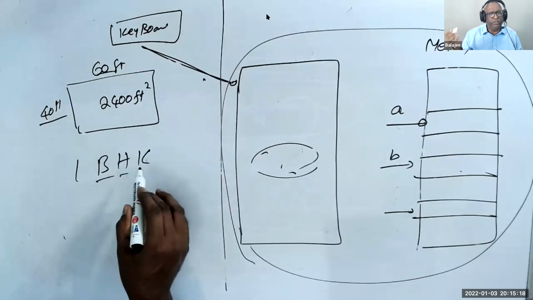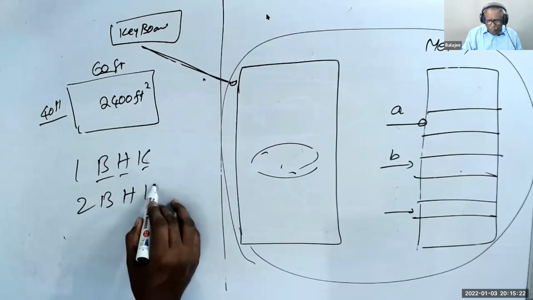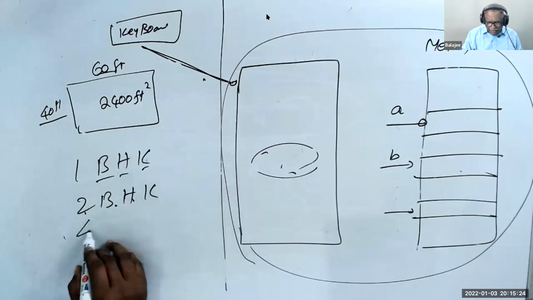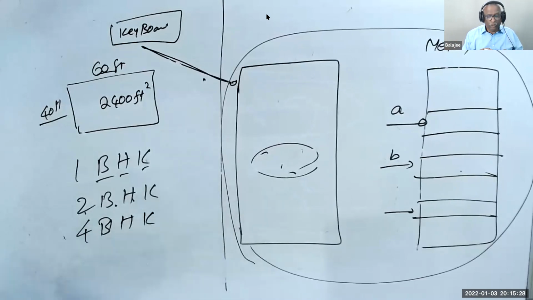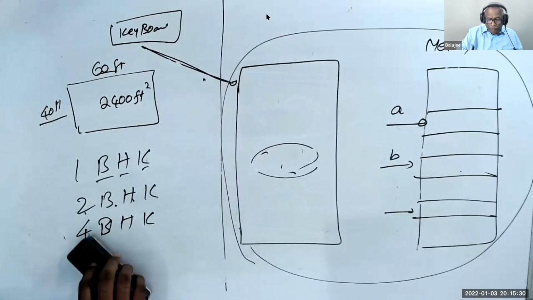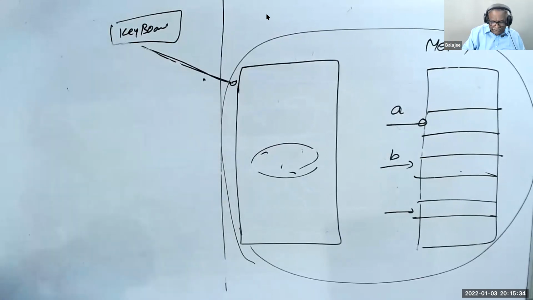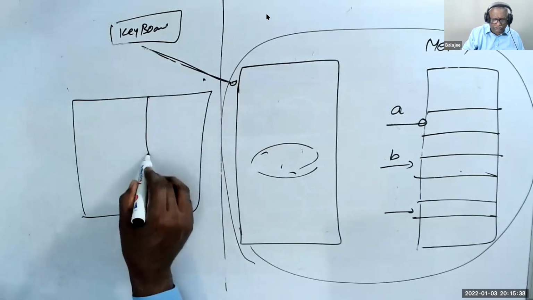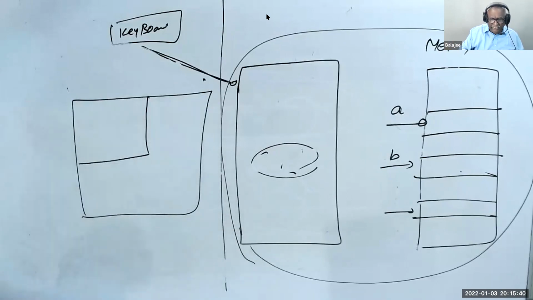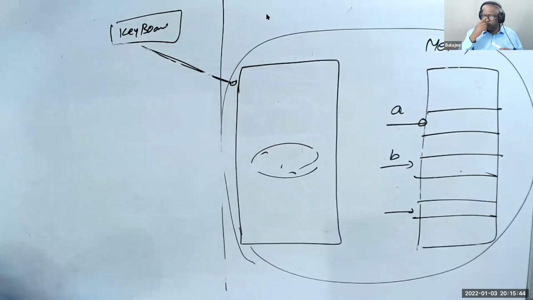1 bedroom, 1 hall, 1 kitchen. 2 BHK: 2 bedrooms, 1 hall, 1 kitchen. 4 BHK: 4 bedrooms, hall. That's so. If you want to construct a big house, then you have a bigger space. If you want to construct a smaller house, you want to have a smaller space. Like that. Here, what they have done was,